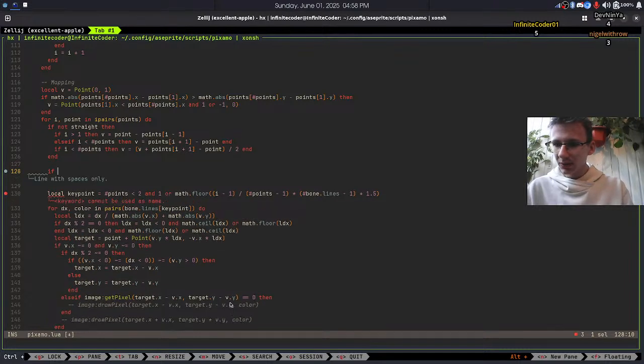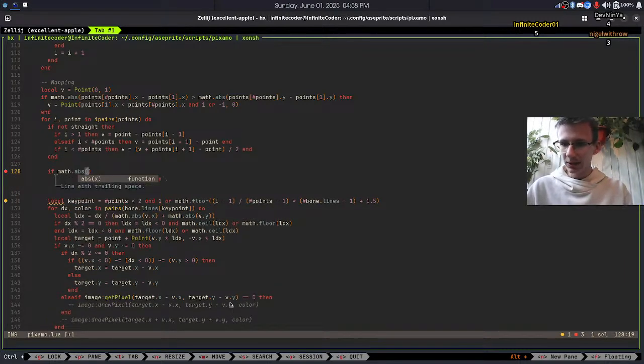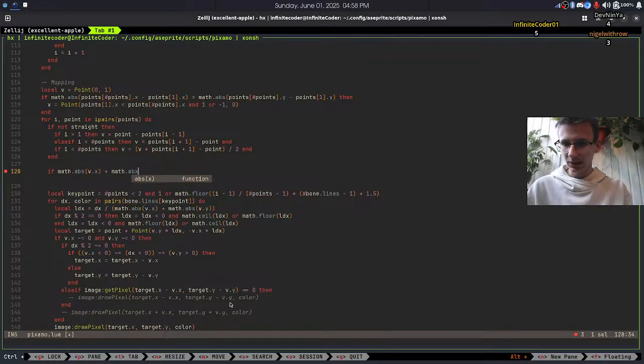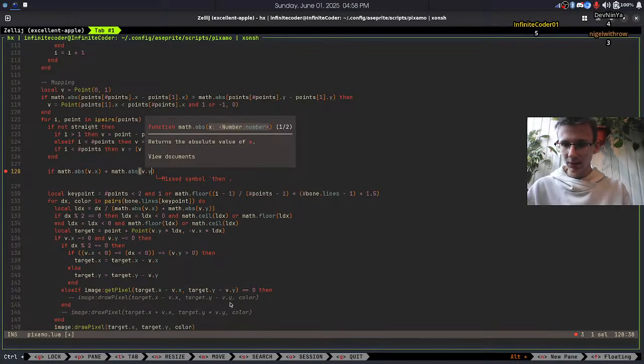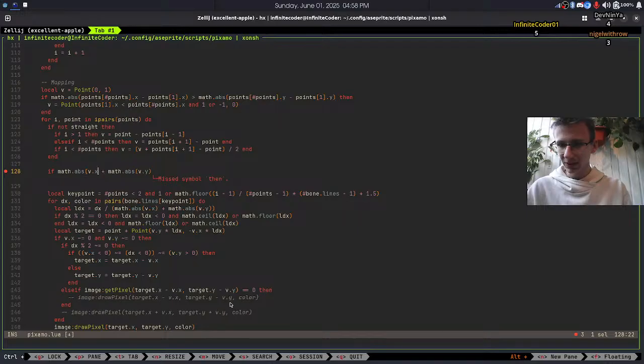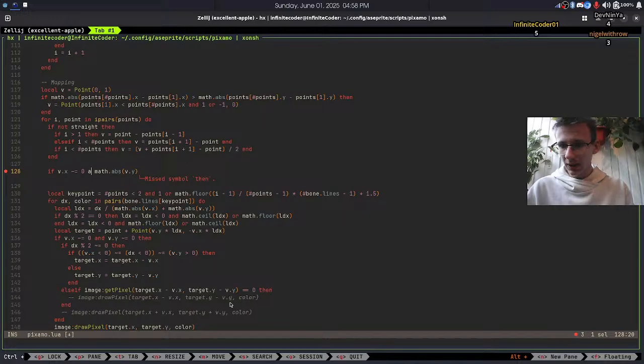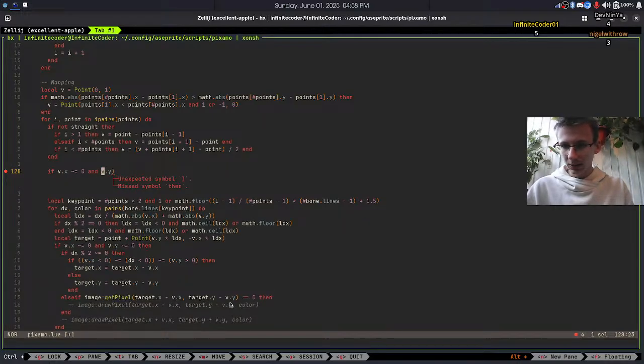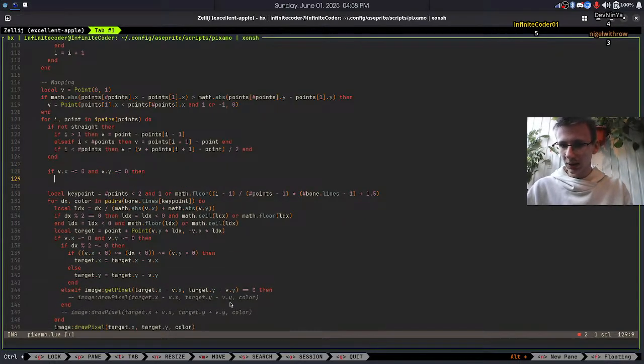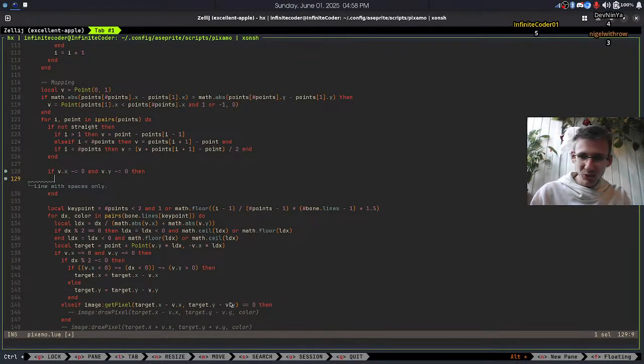So here I'm gonna do if mass abs v.x plus mass abs v.y, or actually it's much simpler. I just do not equals 0 here and this does not equal 0 then, and Lua is so wordy. You don't have as many operators. You have words, and this is kind of nice, because I'm writing something small and cozy, you know. So then I'm gonna do